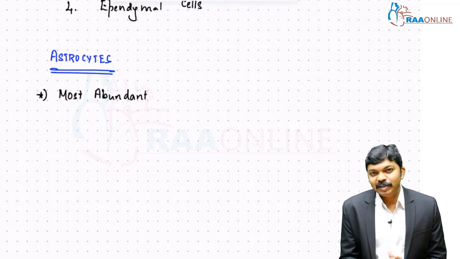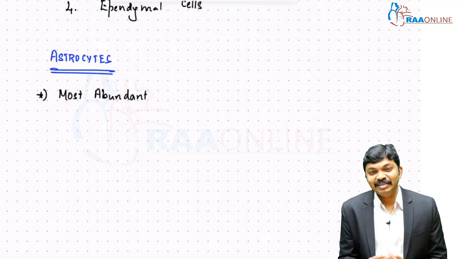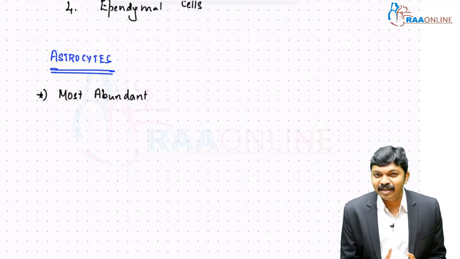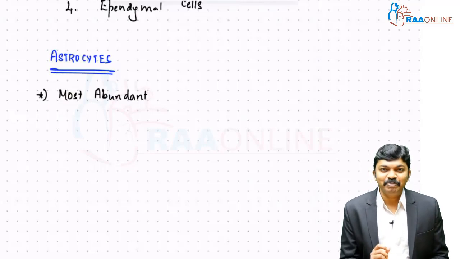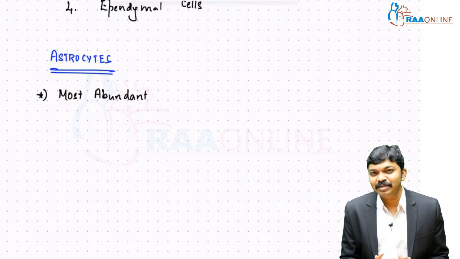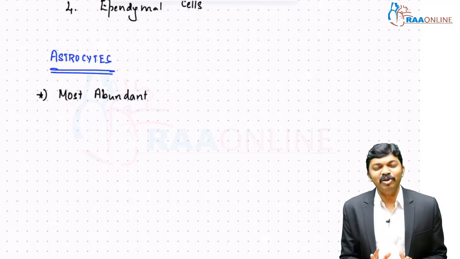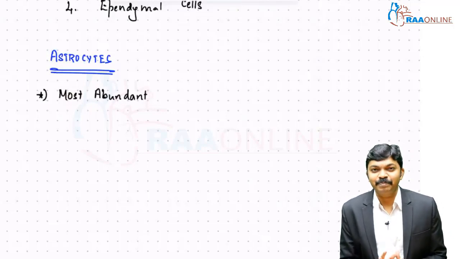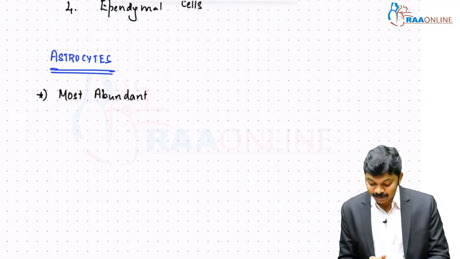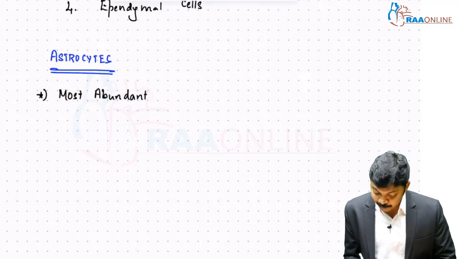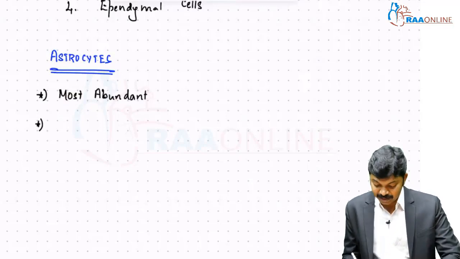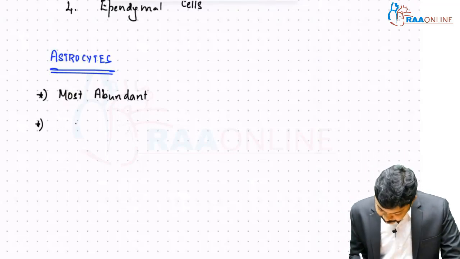Every individual single neuron is surrounded by 6 glial cells, right? Every single brain neuron is surrounded by 6 glial cells. Now if that is the case, imagine what is the number of glial cells present in the brain. It's uncontemplable, right? So people, it's very, very abundant. Point number 1. Point number 2, when it comes to astrocytes, astrocytes in their cytoplasm